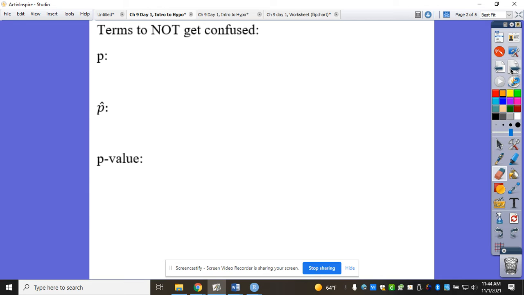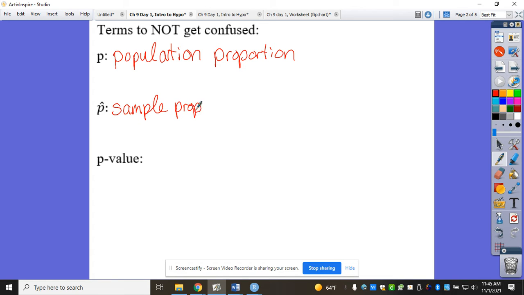I always get some people who write these wrong. What does P stand for? Population proportion. Shouldn't have anybody who doesn't know that. What does P hat stand for? Sample proportion. Shouldn't have anybody in here who doesn't know that. We now have something called p-value. And if you mean p-value, don't write p equals. Is it the shading area? Yeah. So our p-value, and if you mean p-value, you literally have to write p-value, is the probability